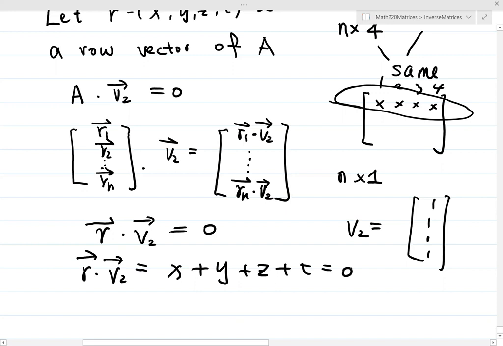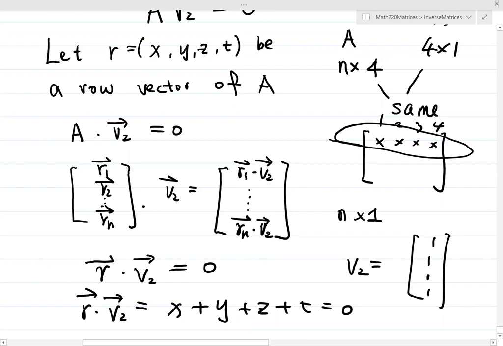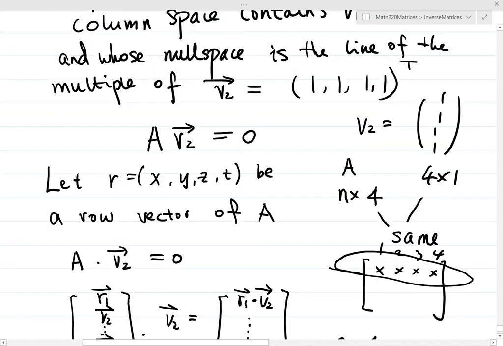Now if we choose the null space to be dimension 1, the null space is actually the span of V2. So it's a line, and a line has dimension 1. So the dimension of the null space